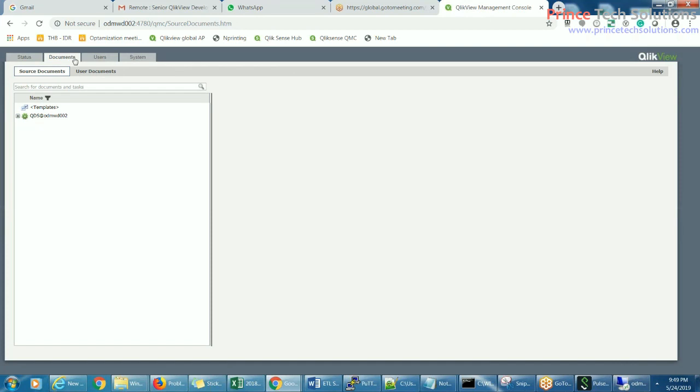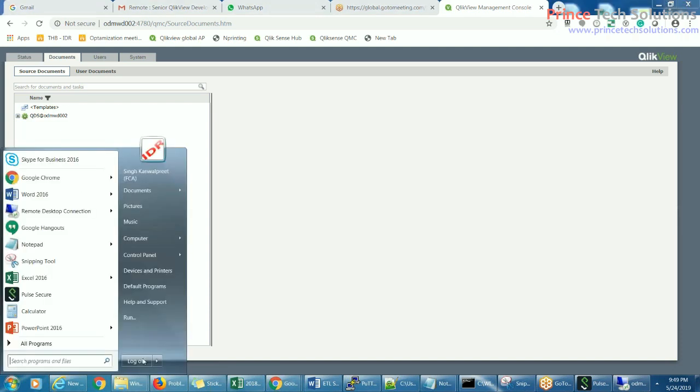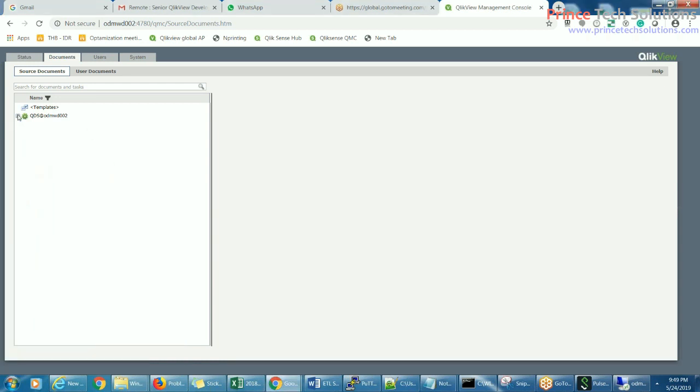In the document tab, today we will be covering the source document part, which is divided into two parts. Source document is enabled only when we have a publisher in place. If you don't have a publisher, then source document will not be enabled for the user. In the source document, we can locate all the applications hosted in the source document folder of your